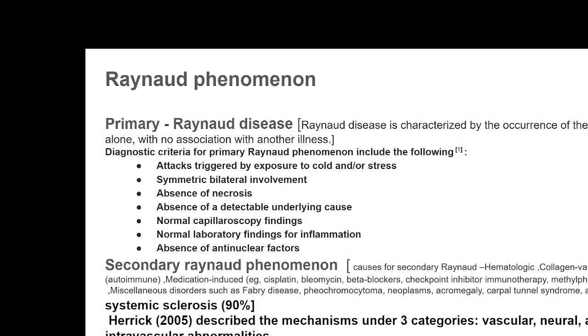Such activities producing episodes of spasm of vessels with signs of ischemia are characteristic of primary Raynaud's disease. Characteristically, the primary Raynaud's disease presents with bilateral, symmetrical involvement, and generally it doesn't result in